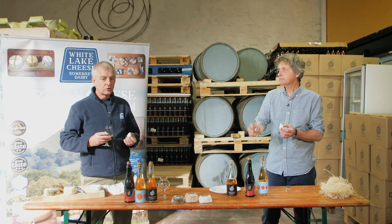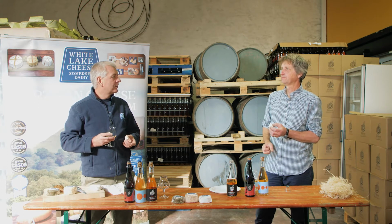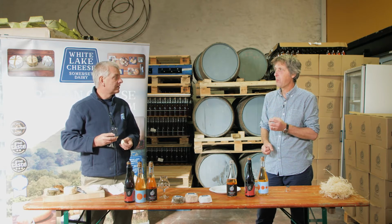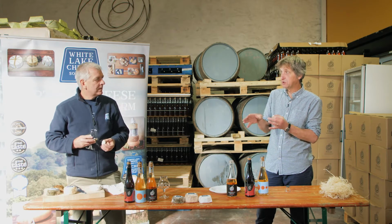So the French call that the terroir. It's what's native to your area. So with the apples you're using, someone else can go through the same process, but if they're doing it in a different area, they'll have different yeast, so it'll taste different. And I think so the bacteria you buy in, but the yeasts are...